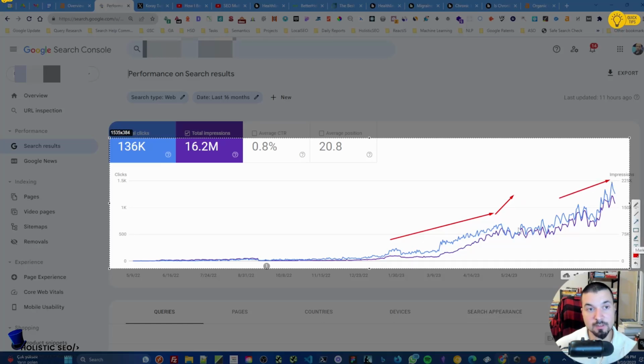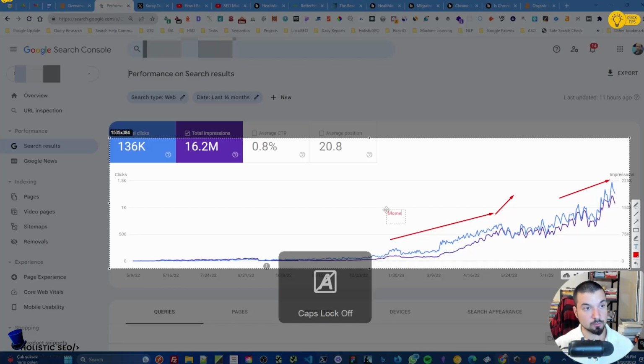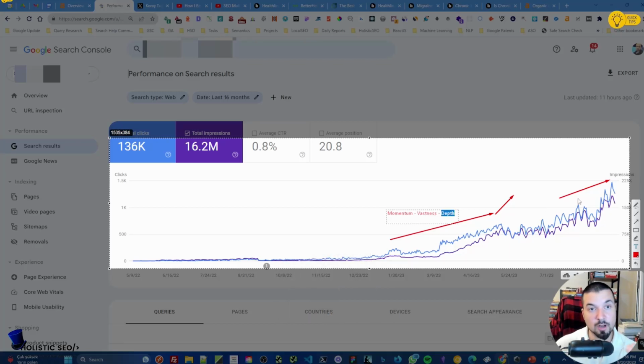So the first principle that we have used here was momentum, and then we actually started to use the vastness by opening new and more pages by using the expired domain, which also brought us page rank. And the last one was depth, which means we actually focused more and more on the deep topics. If you want to rank your website higher, you will need to understand which principle will be working for you